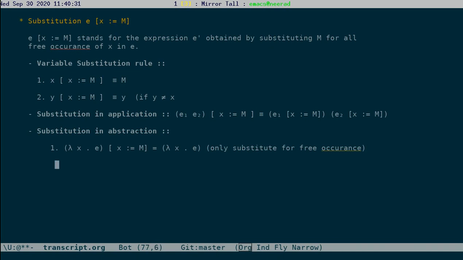And the second rule is if the variable is different, lambda y dot e is the same as lambda y with e substituted with m for x.